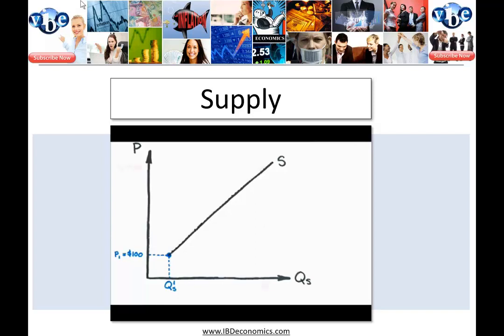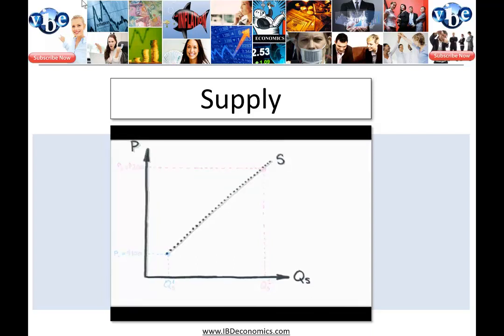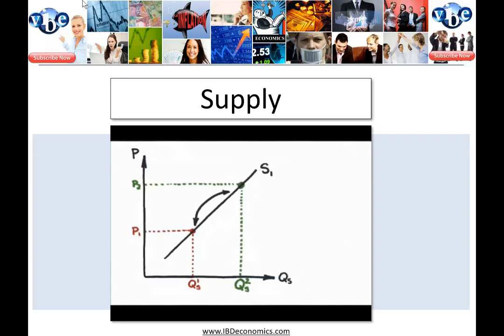But if price goes to $200 per square foot, all else staying the same, more houses will be provided. There are an infinite number of other prices and associated quantities supplied, so the supply line is a collection of all price quantity supplied combinations. Just as with demand, a change in price will not change the supply, but rather move along the supply curve, resulting in a change in the quantity supplied. Changing anything other than the product price will alter the underlying supply.